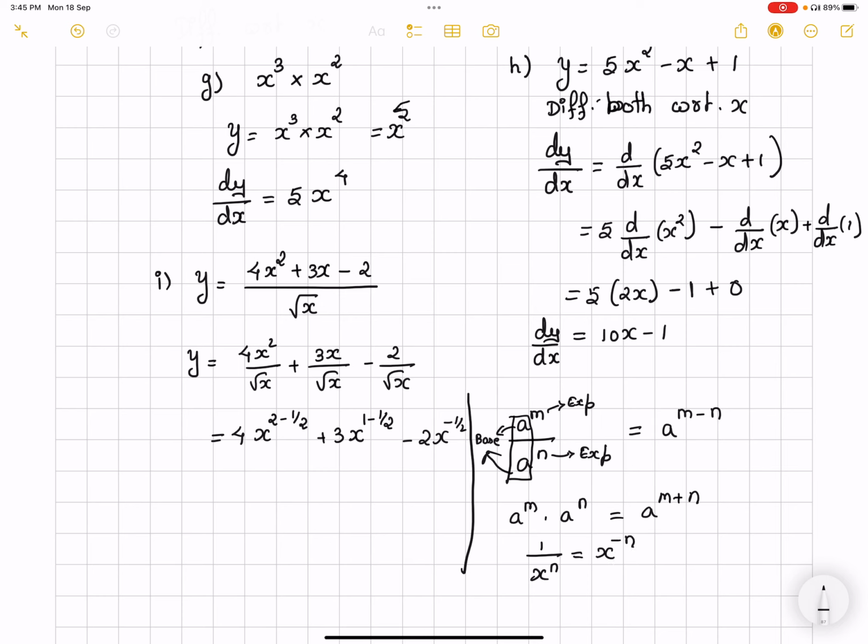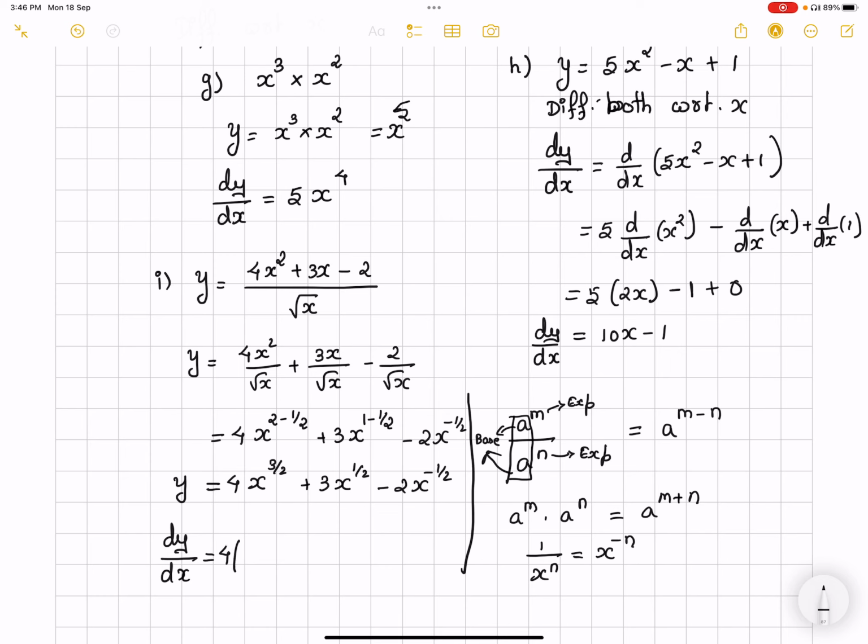So based on that, now we have 4 into x to the power 4 minus 1, which is going to be 3 by 2, plus 3 into x to the power half, minus 2 into x to the power minus half, is my y. When we differentiate both the sides with respect to x, we get dy by dx is equal to